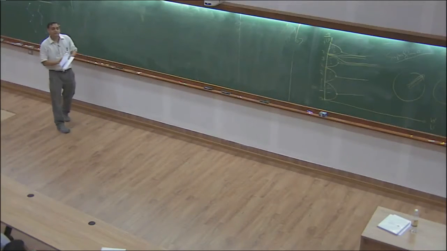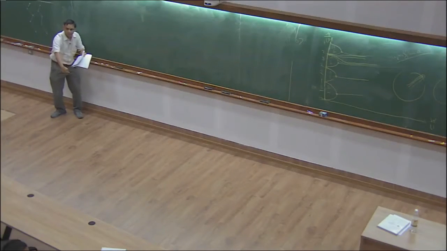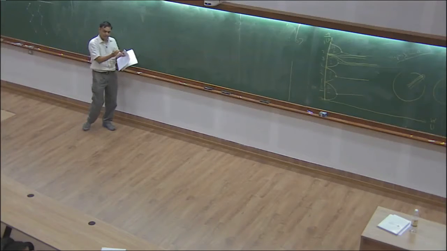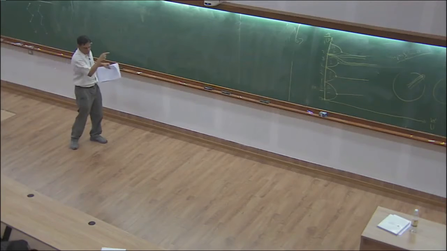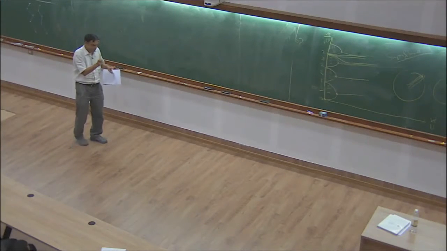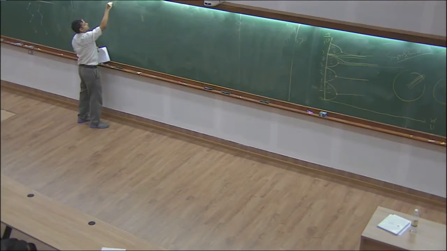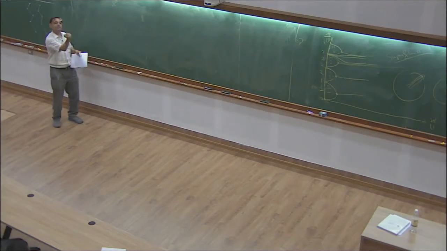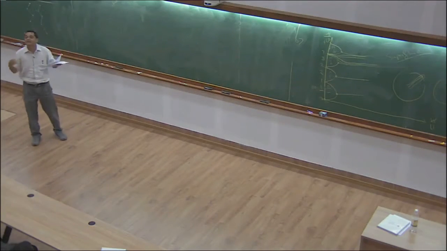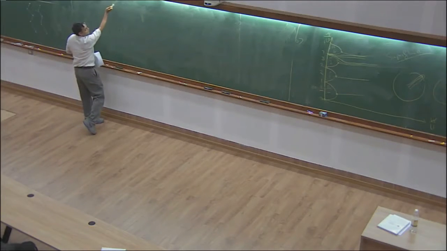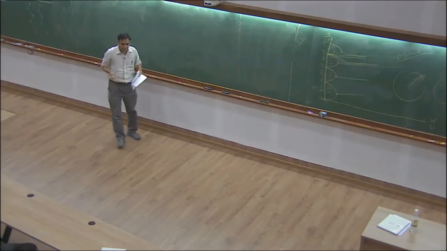So, if J effective is very large and kappa is also very large, so kappa comes in the denominator, both being very large means you just look at the cosine. That's the dominant term. So all the thetas will want to point together except for small fluctuations. If the typical configurations that matter are all lined up along some angle plus minus some small deviations, I don't need to worry about this whole periodicity business. The theta and theta plus 2 pi are the same thing. I can ignore that for the time being, just to worry about the linearized. So I can just replace the cosine by its quadratic approximation, and get,